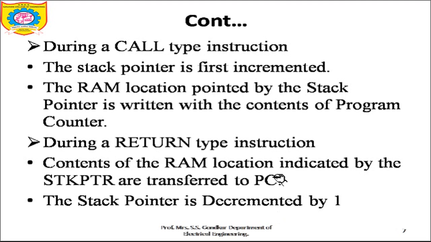So this is all about the stack. The stack is a 21-bit register, same as the program counter PC, whereas the stack pointer is a 5-bit register. As it has 5 bits, it can point to 32 locations. 2 raised to 5 is 32, starting from 0 0 0 0 0 to 1 1 1 1 1. Its purpose is just to serve temporarily, so whenever we need to store any locations temporarily, at that time we prefer the stack.